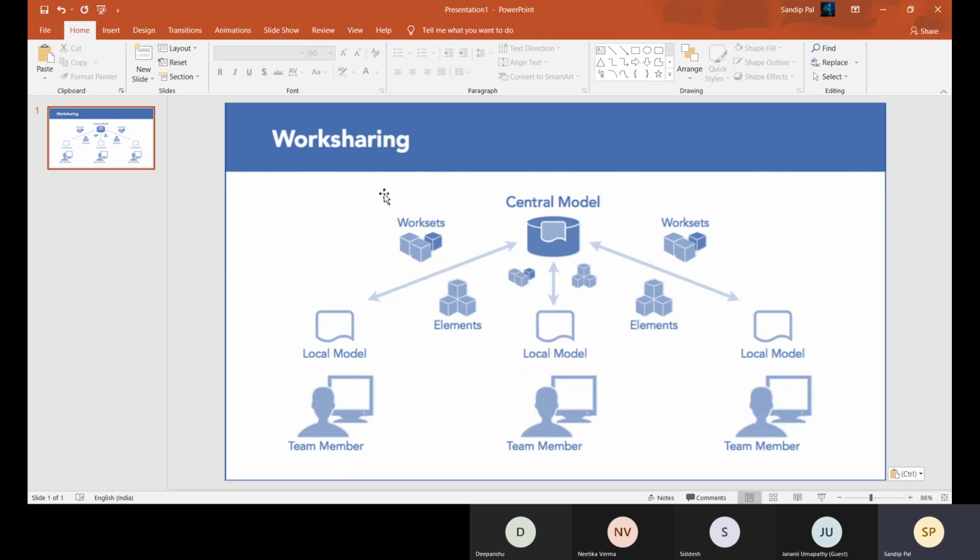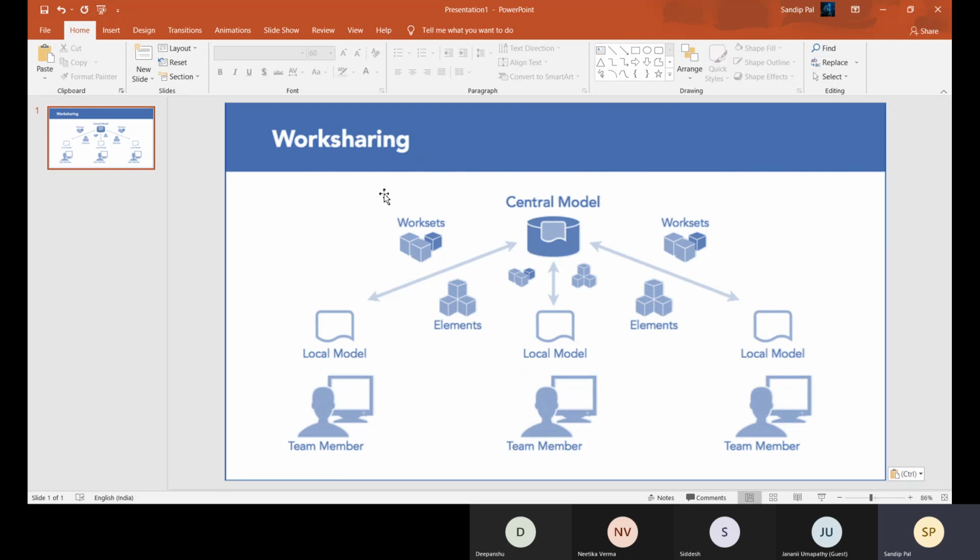You can also share your master file within your local area network, LAN. You can do that as well.